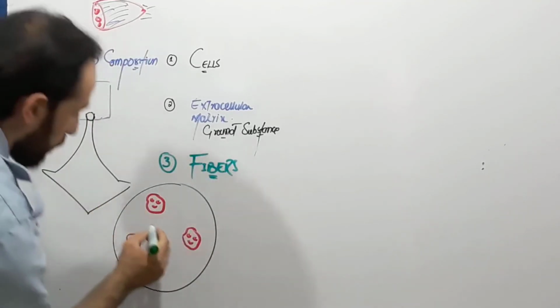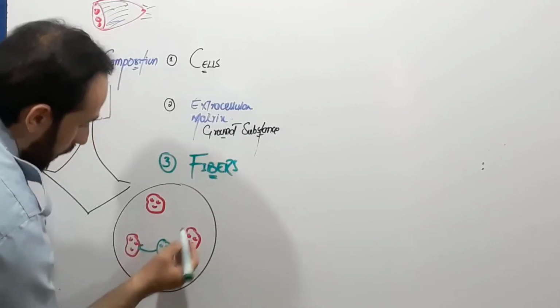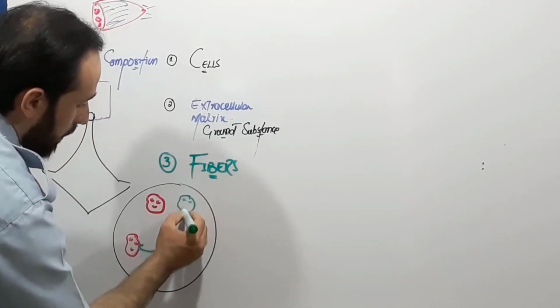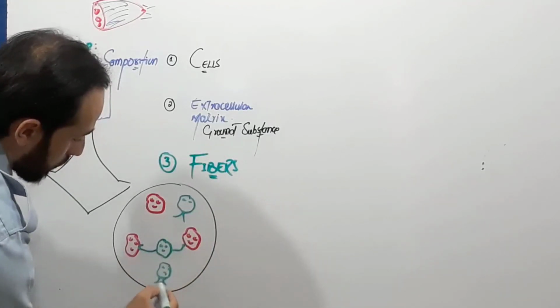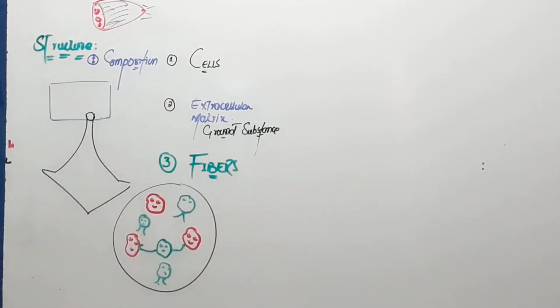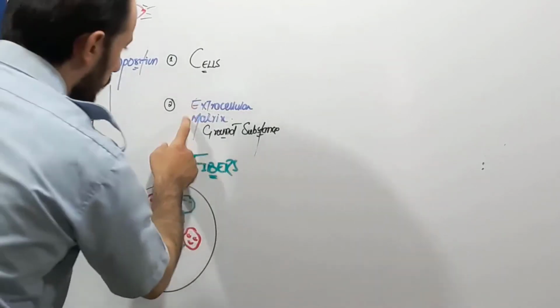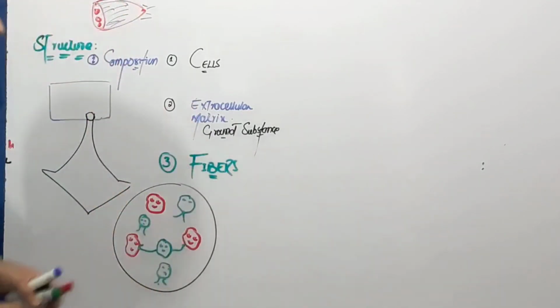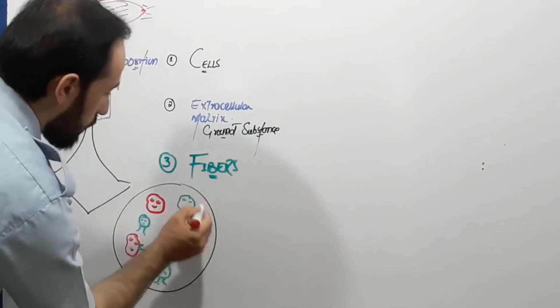We will see. So these are, for example, the cells, and they are talking and making gupshup with each other. So these are the cells, different types of cells. Why? Because in a connective tissue there may be different types of cells present, right? So these are the cells, and these cells are present in the extracellular matrix, or we call it ground substance. So here must be the ground substance present.